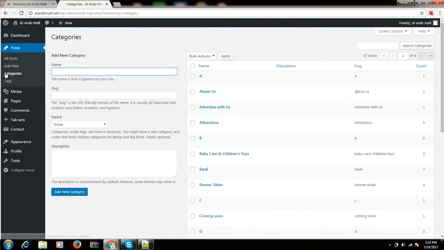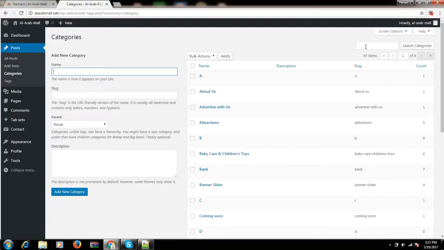Now, moving to the category, how to create a category. By clicking on category, you will see two columns. One will allow you to create a new category. Just add the title for this category here and then click on this add new button. In the second column, you will see the list of categories created till date in alphabetical order.